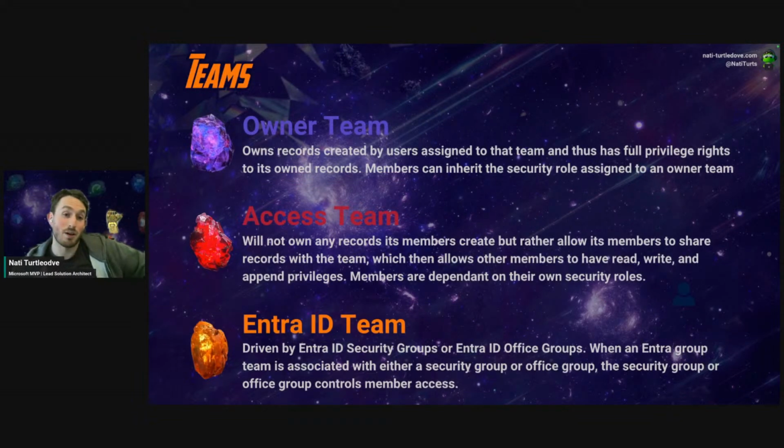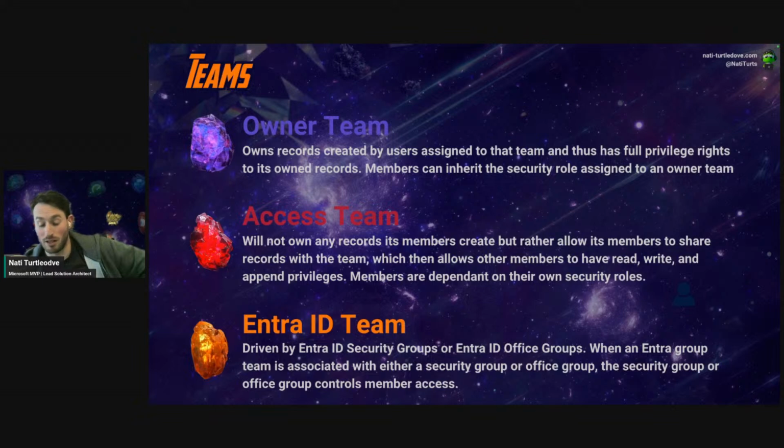One of the nice things about ownership teams is that we can assign security roles to an ownership team, meaning that users who are members of this team then inherit those security roles. You don't have to manually assign security roles to each individual. They can inherit the security roles assigned to the ownership team. Moreover, we can assign ownership teams to various business units. If you wanted to create an ownership team on the core business unit or within a specific business unit, say Dynasty or Asgard, we can definitely do that as well.